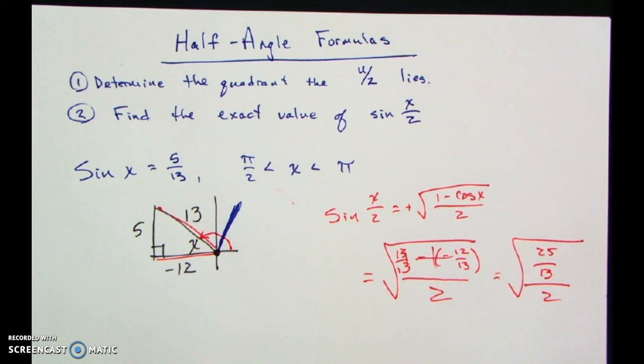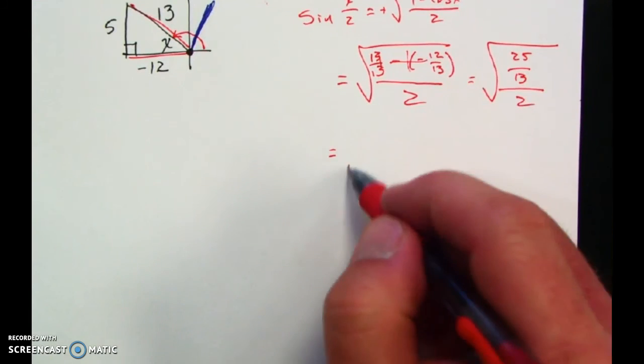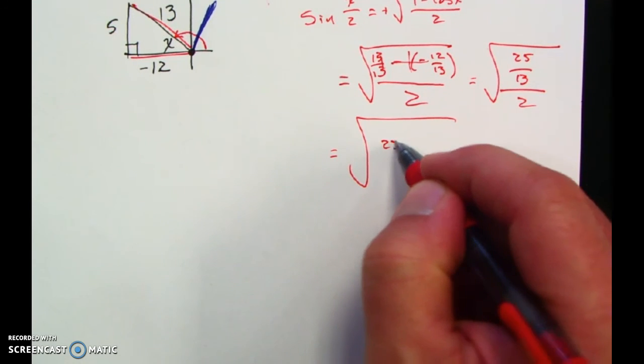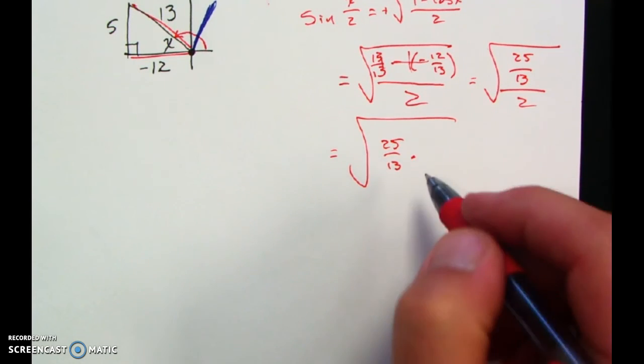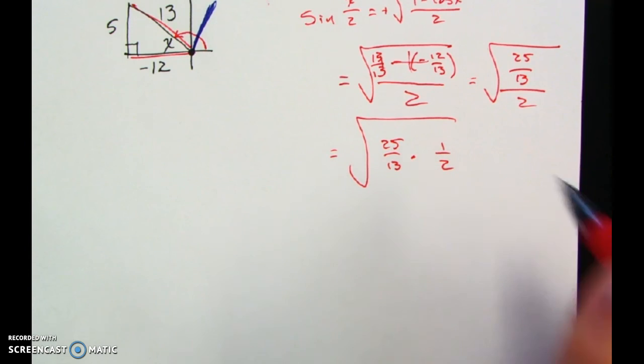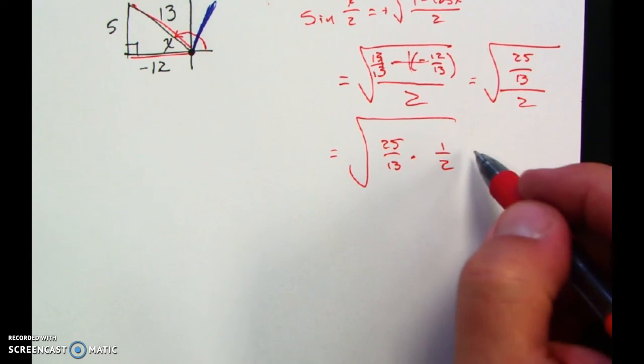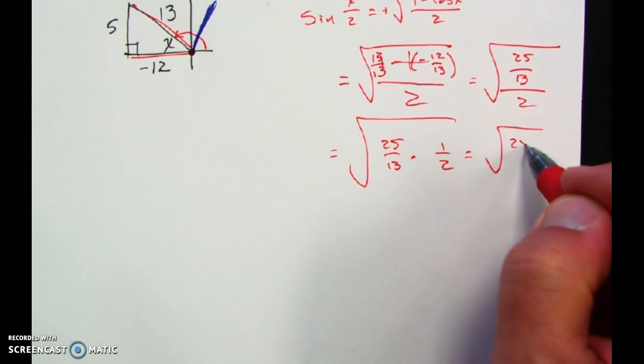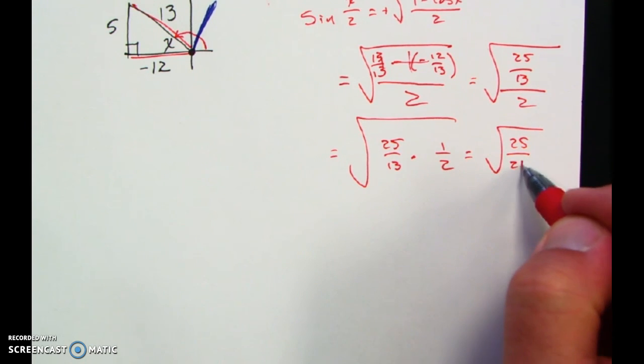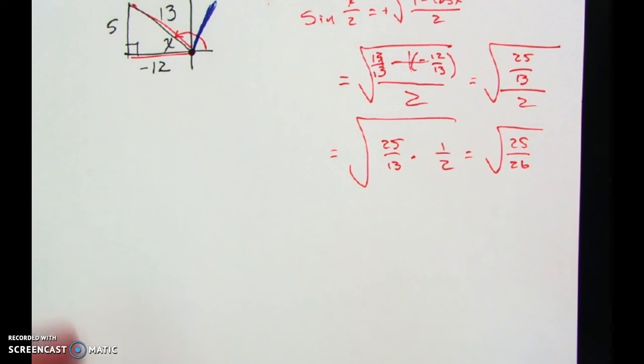Dividing by a fraction is the same as multiplying by the reciprocal. So now we have the square root of 25/13 times 1/2. So we'd be looking at the square root of 25 over 26. Now, as far as simplifying